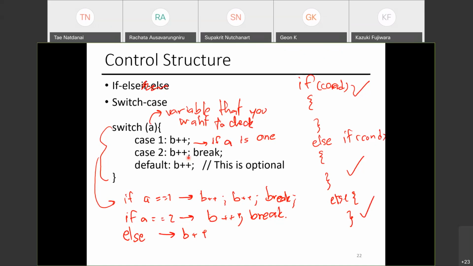Done. So there'll be 3 B plus plus. If A is 2, there'll be B plus plus, B plus plus, done. Otherwise, B plus plus, done. After this is basically the return. The end bracket means that this is the end of the switch statement.